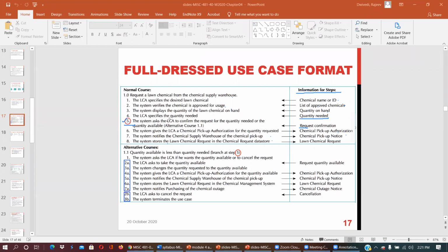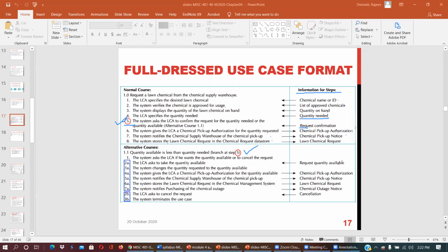because if the quantity is not available, then this is the alternative course of action for step number 5: quantity available is less than quantity needed. So this is step 5, where the system asks the LCA whether they want the quantity available or to cancel the request.